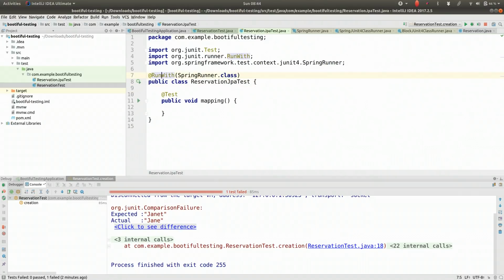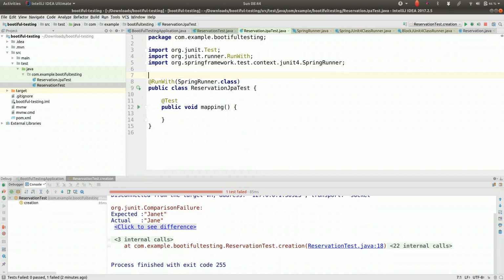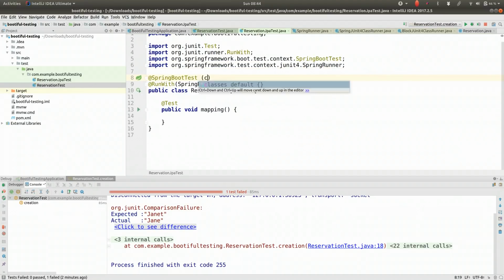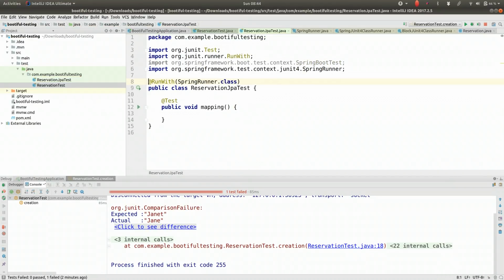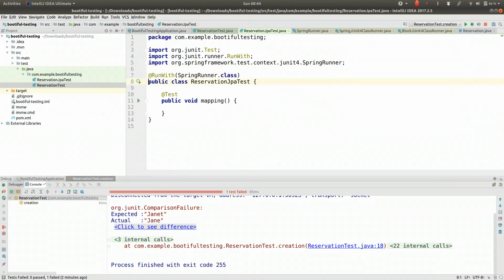You need to give this more information though. This will say activate the machinery required to run Spring, but what application context, what configuration class, right? Lots of things here that are required beyond the recognition that we're going to be involving Spring somehow. So we could say @SpringBootTest, and there's a classes attribute that is expecting the configuration class that we want to run. We could certainly do that. That's certainly one option. The problem with this, of course, is that the